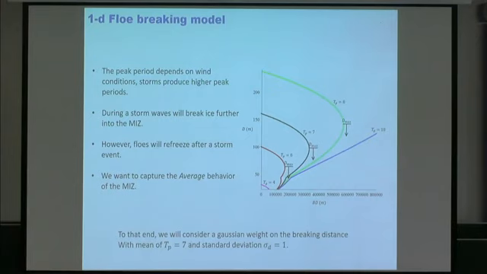So just looking at this, you can see the peak period depends on those wind conditions. You might get storms that will set up waves that break through the ice. We saw this in Antarctica. In a place where we shouldn't have seen any waves, we started to feel the ice move up and down. We actually had a breaking event as a result, and the emergency response crew, which Ken was a member of,